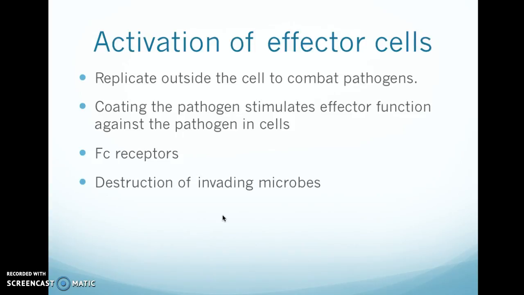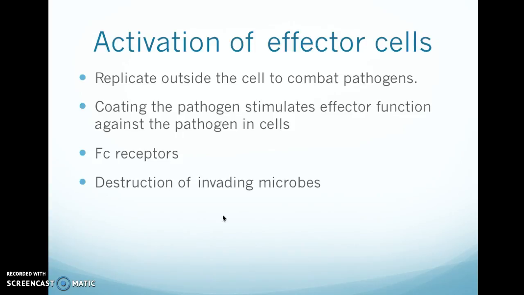Those cells that recognize coated pathogens have Fc receptors, which, as the name suggests, interact with the Fc region of IgA, IgG, and IgE antibodies, and so all of those are antibodies: IgA, IgG, and IgE. The engagement of a particular antibody with the Fc receptor on a particular cell triggers an effector function of that cell, and some of those include